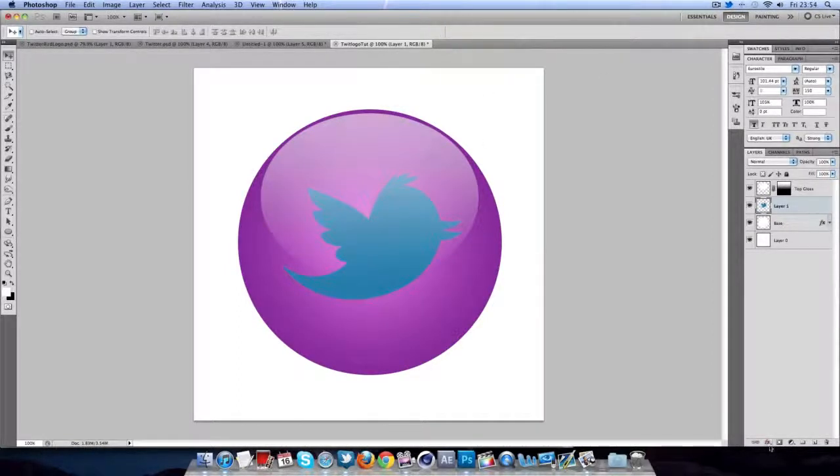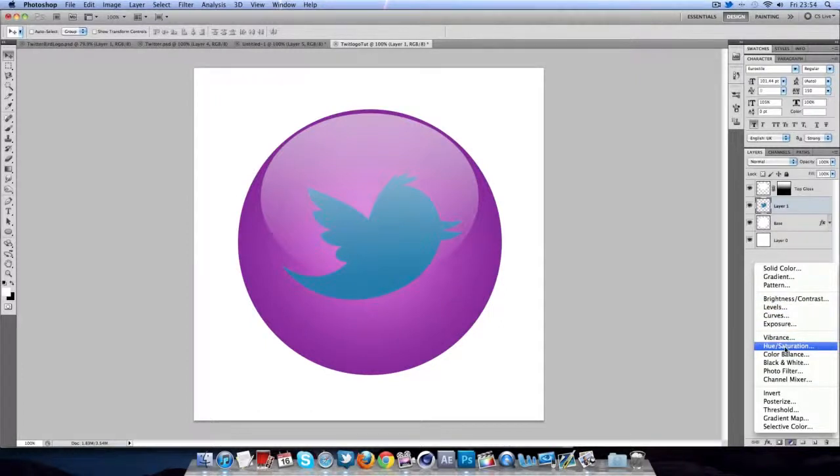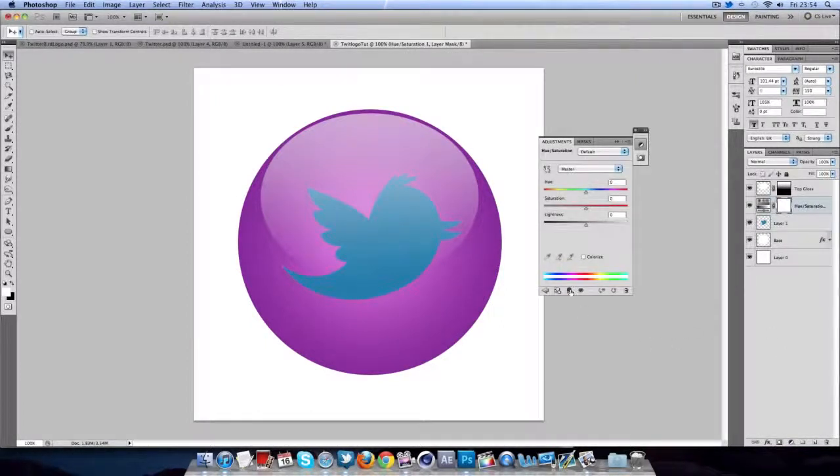Okay, so sorry about that again, and we'll go ahead and add a hue/saturation adjustment to this layer. Make sure you click this black and white circles here, so that means it'll affect just the layer below and not all of them, which in this case is the Twitter logo. So we're just going to go ahead and lower the lightness, well not all the way down, to something reasonably low, and change the saturation to a kind of purpley colour. You still want to keep it quite tasteful. So maybe like a nice purpley colour like so, but then